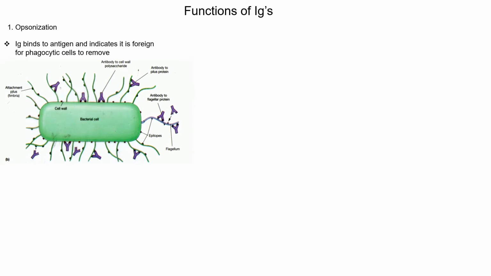Remember what I said earlier, phagocytic cells cannot recognize things as being foreign, and we don't want them to recognize things. We want them to be told, because we don't want them to do autoimmunity. So to keep them from attacking healthy cells, they will only go after things that are labeled as foreign, and that's what the antibodies are doing. They're like a red flag waving, saying, this is foreign, ingest it.